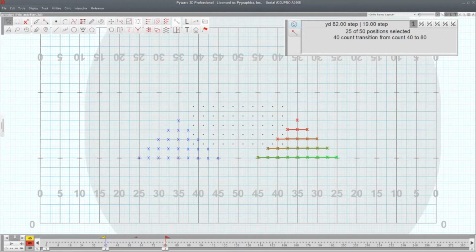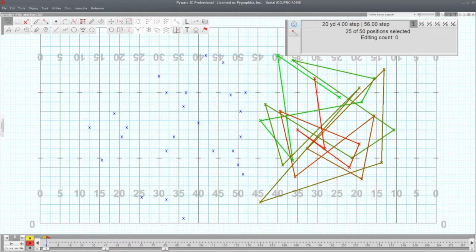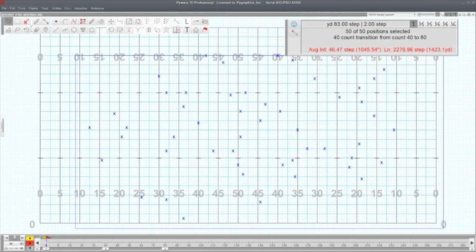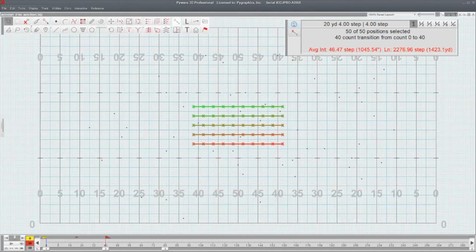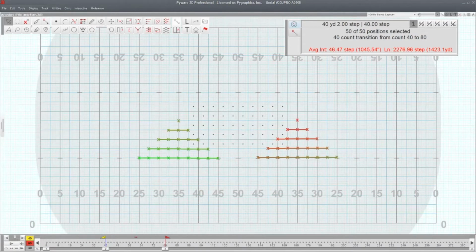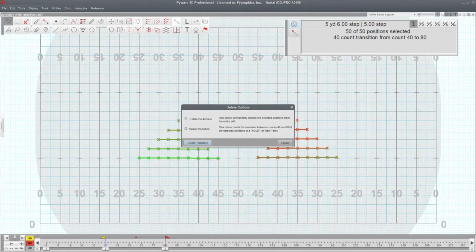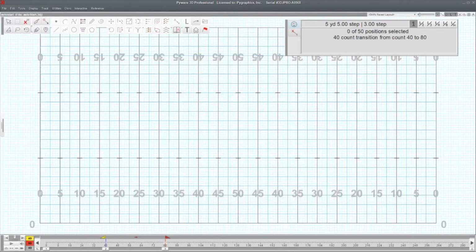Any questions about that? Let me clear this out. Before I delete this out, are there any questions on the different transitions that we've created, going from a scatter to a block, or a block out to a different filled form? All right, let's move on to something else. Delete these performers and